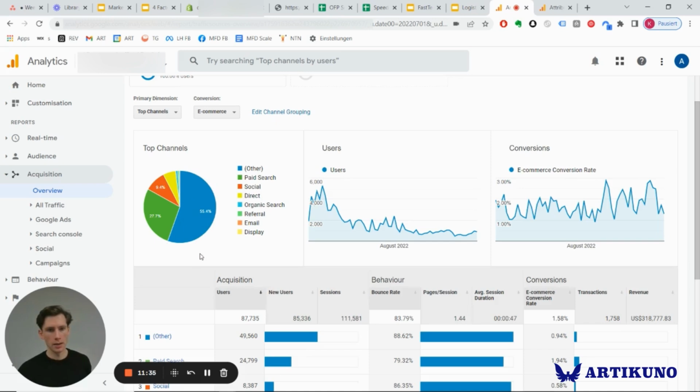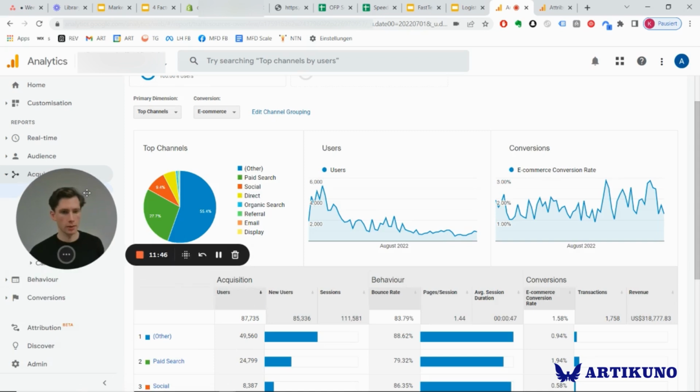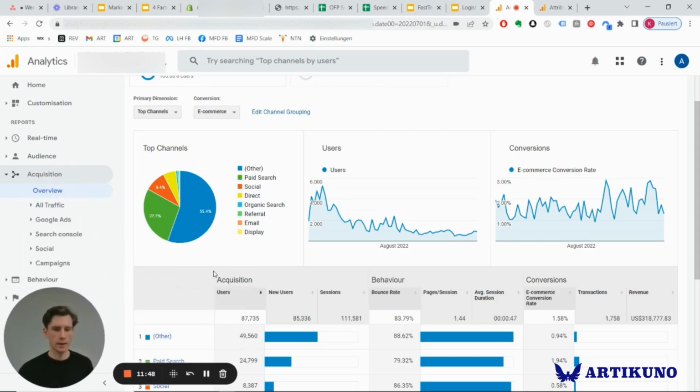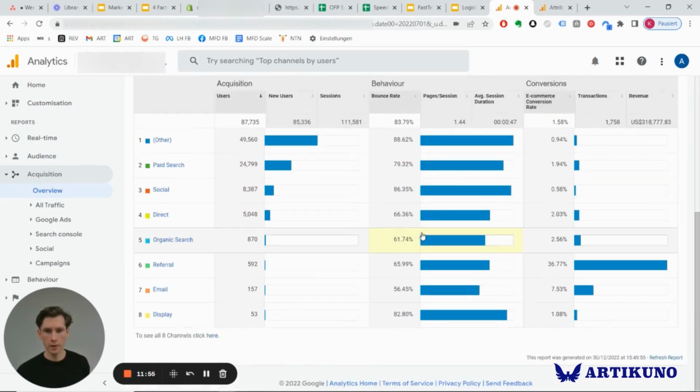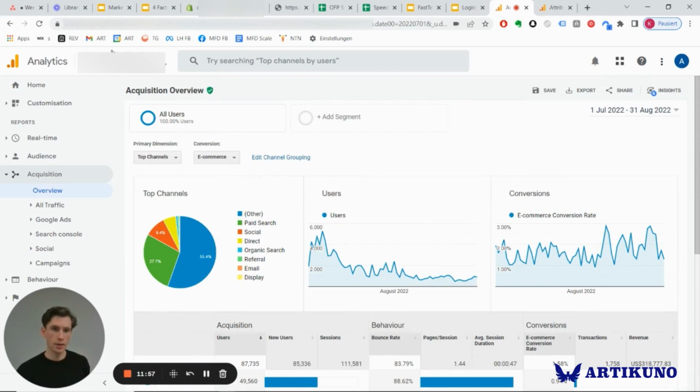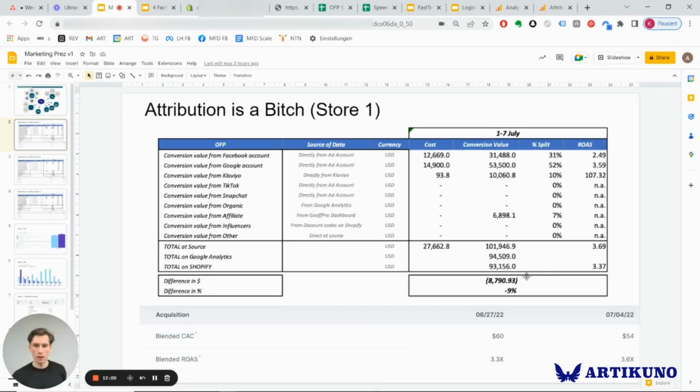But you can see here, even with us setting up a lot of the stuff initially, we have the special e-commerce conversion settings and all of that stuff. You can see that 55% is just from "other," right? Which isn't very helpful. In any case, we just take the conversion value from our Google Analytics as a comparison,